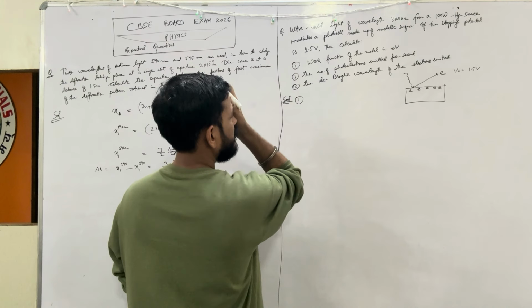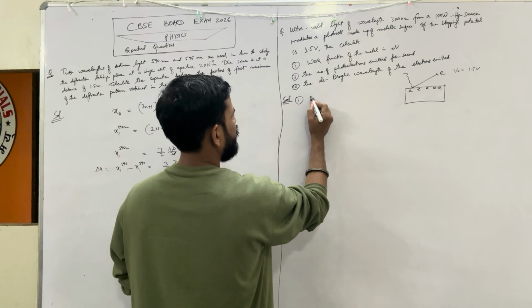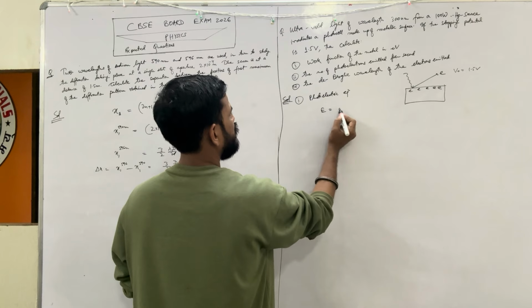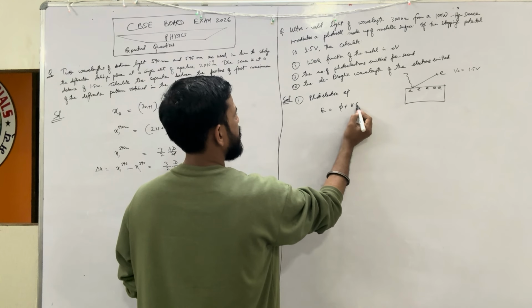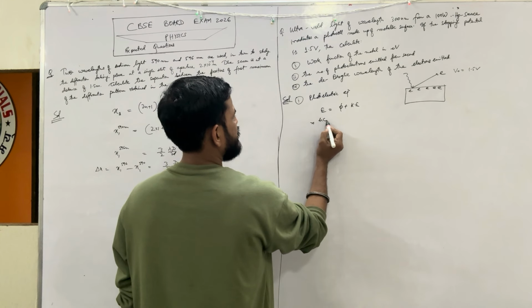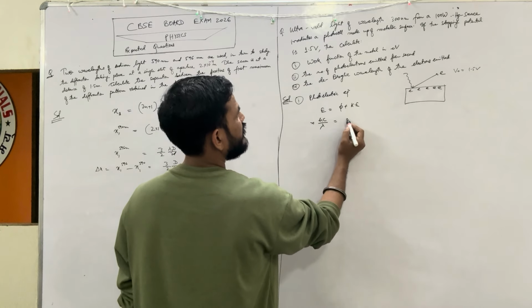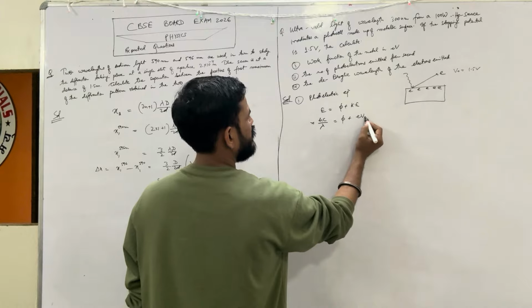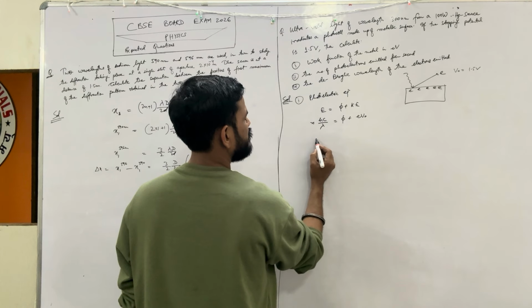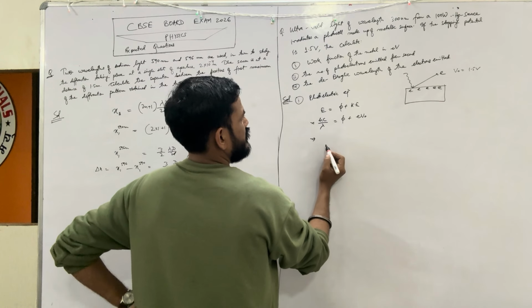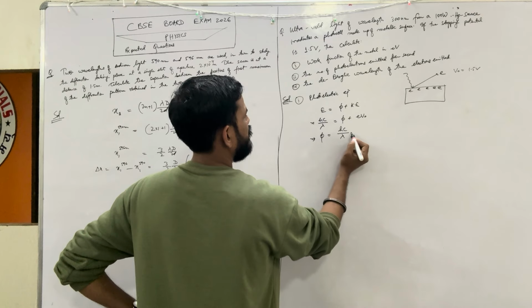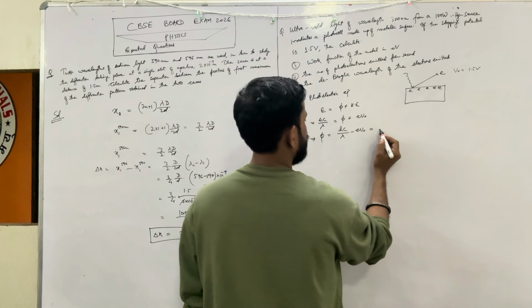So let's go to the first part. We know as per the photoelectric equation, E is equal to phi plus kinetic energy. So E is equal to hc by lambda. Phi is the work function. Kinetic energy is equal to stopping potential times e, so eV naught. So work function will be hc by lambda minus eV naught, which is